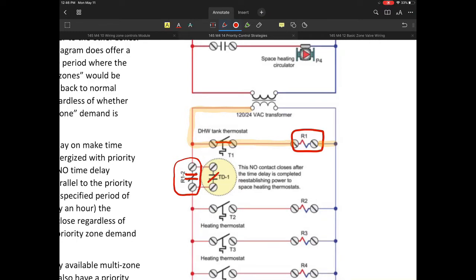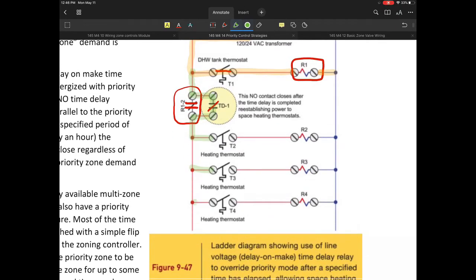What I will tell you is that this does not care what relay R1-2 is doing. So that particular TD1 set of contacts are now going to close,